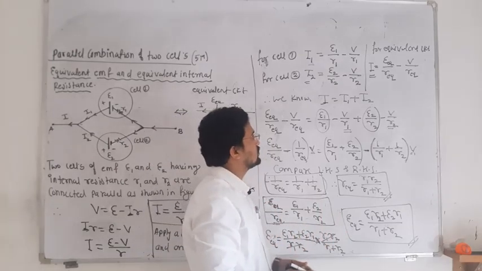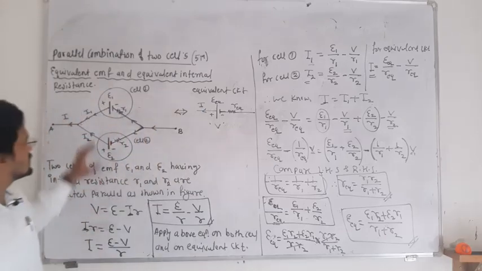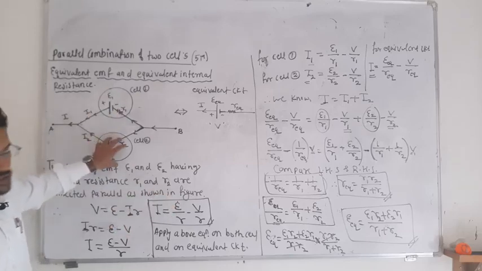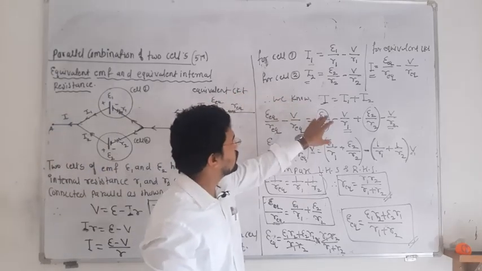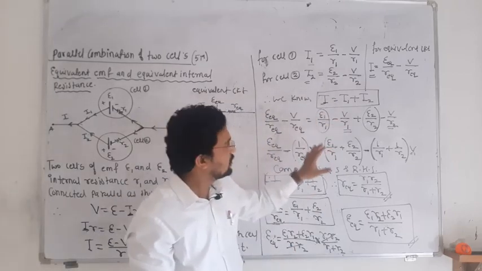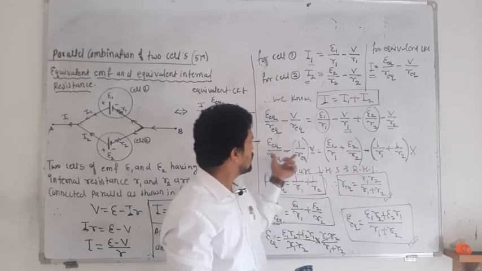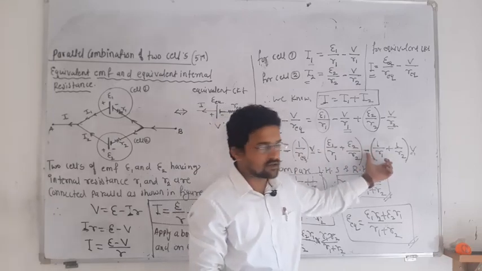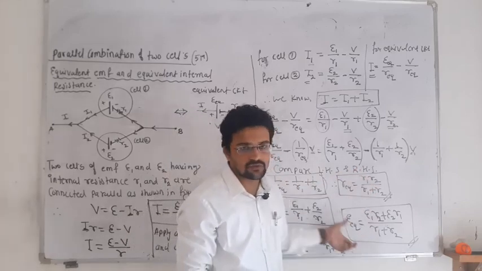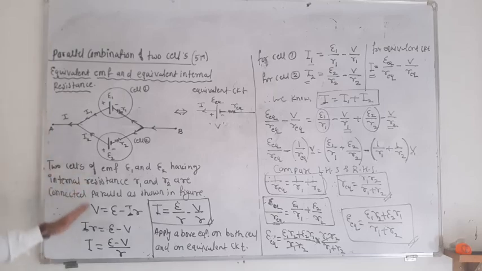Okay, so the series combination and parallel combination we have already seen. Just have a look. In this case current is different, so that's why we have taken the current value from this and applied this equation for cell 1, cell 2, and the equivalent circuit. When you apply, we know the current is nothing but the addition of the two currents, that is I1 and I2. So place the value, and separate the common terms, and then compare the left hand side and RHS. When you compare, automatically you will get these values. So just pause the video and note it down, practice it.